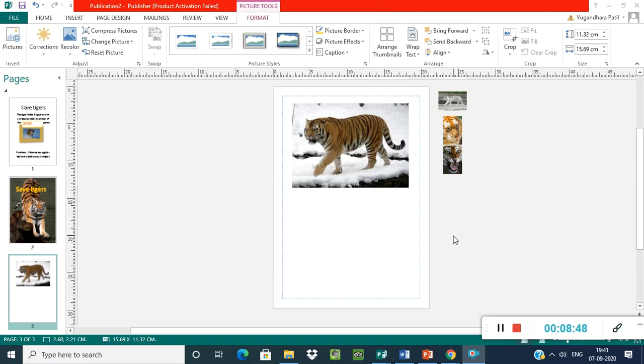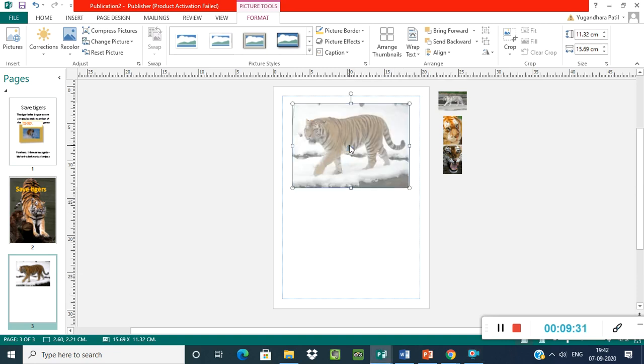Now what do you mean by swap? Swap is nothing but what? The picture placeholder has a placeholder icon on your picture. See, this is your swapping icon. After the placeholder is replaced with a picture, the icon changes to the swap icon, okay. The picture in the scratch area also shows the swap icon. You can drag the swap icon to swap the picture, or press and hold or right-click the swap icon to display the shortcut menu with more options, okay.